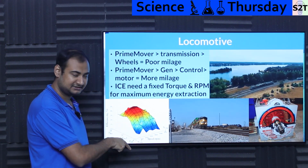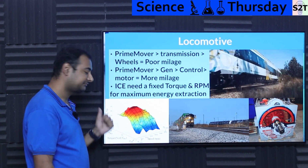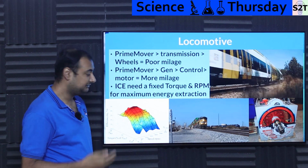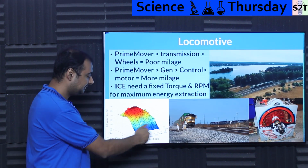Basically one axis would be torque, another axis would be RPM, and the vertical axis would be your efficiency. So you can see there is like a tiny spot, like a peak. This is where you want your engine to be. But realistically, if you have direct drive, meaning you take a prime mover and transmission, it will always be somewhere